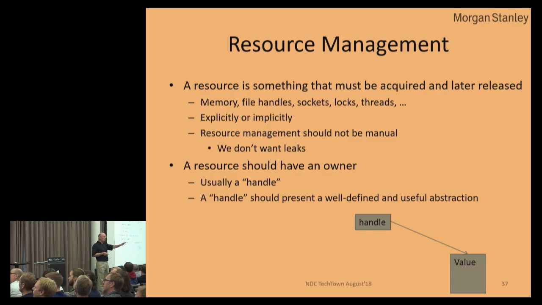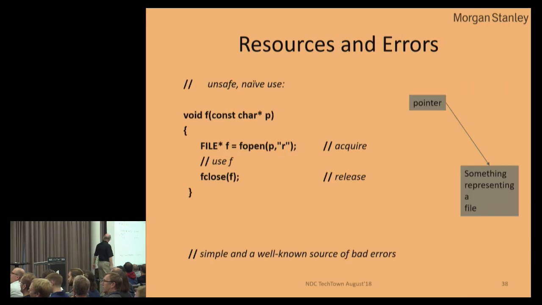A resource is anything that you have to acquire and then give back. And as we all know, giving back is harder to get right than to take. So we would like that to be implicit. In particular, in large code, I assume that if you have to give something back, you're going to forget it some of the times. At least I do. So that's fine. And so a resource should have an owner, usually a handler. So the general model is, here's something to represent ownership, and that's the owned thing over there. And we should make the acquisition explicit and the release implicit. That's the name of the game.